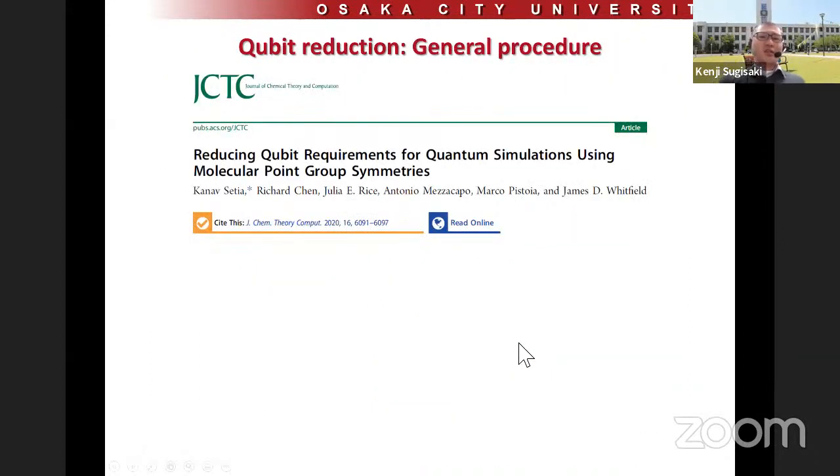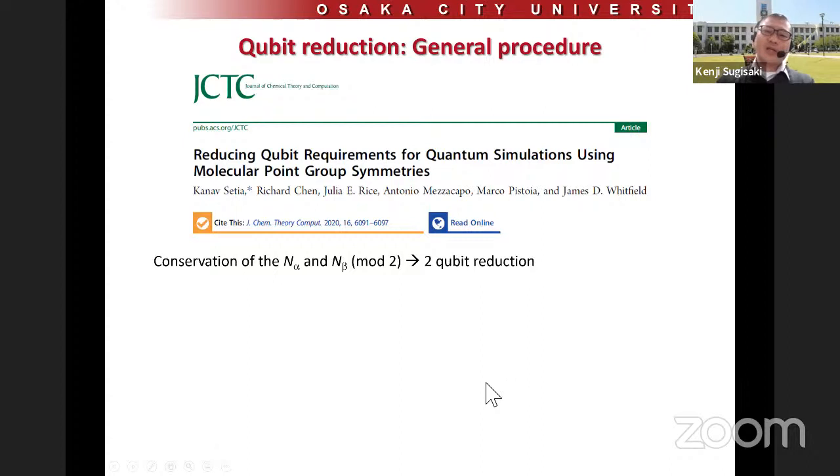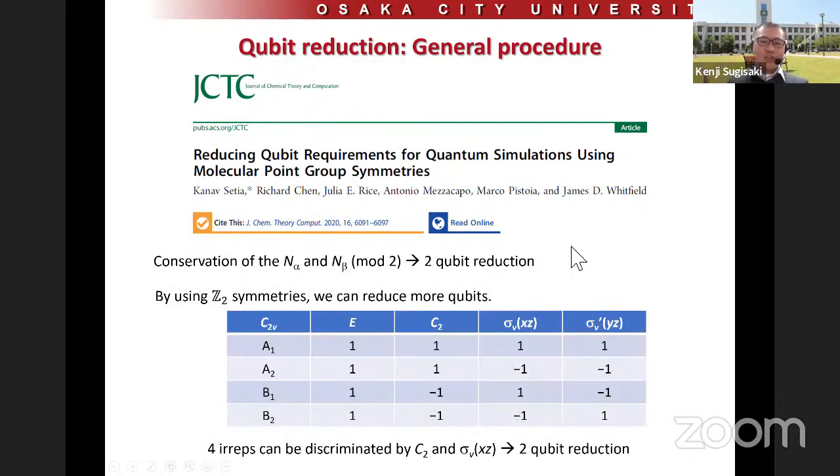And this qubit reduction scheme was first applied for electron number conservation. But this kind of approach can also be applied to point group symmetry to reduce qubits. So using the conservation rule of the spin alpha and spin beta electrons, we can reduce two qubits. But if the molecule has some point group symmetry,